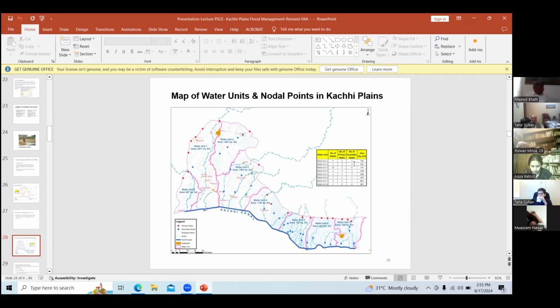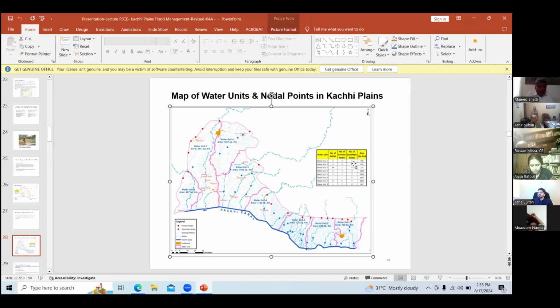So how did our hydrologists proceed? They divided the Kachin Plain into 7 areas, 7 sectors: sector 1, 2, 3, up to 7. If you zoom in, you can see dots which indicate the nodal points.